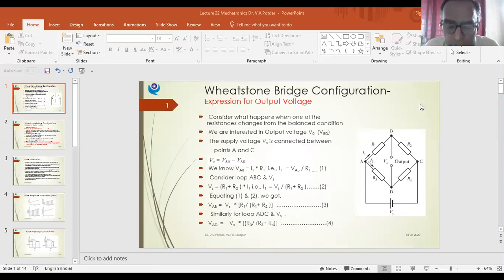Now, what sort of conversion it does? The resistance change. Let that resistance change be due to strain change, or let it be due to temperature change. Whatever is the cause of resistance change, that resistance change is converted into voltage change. So resistance is getting converted into voltage change. So Wheatstone bridge is one such converting circuit. That's what we discussed, and we saw the condition for initial balancing. And today we'll try to derive the expression for output voltage.